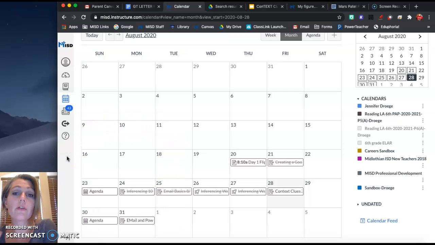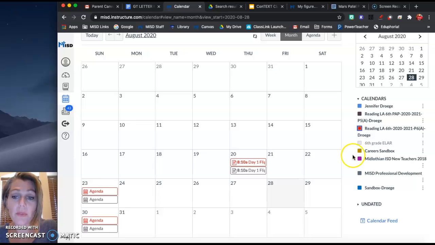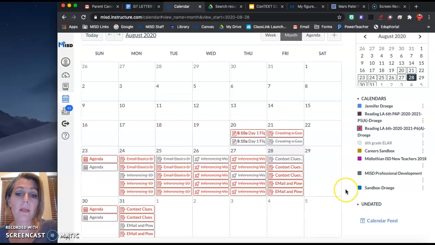everything that Hannah will ever need will be found on her Canvas calendar. She can go to my homepage and find some links like how to contact me, but I think she kind of knows how to do that through email. So the Canvas calendar is going to be her main source of information for my class, for reading class. So every day she will have one link from me